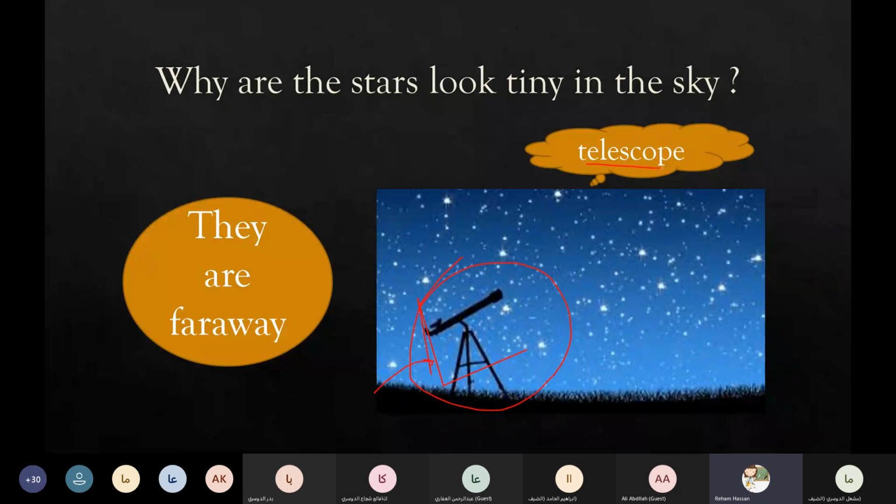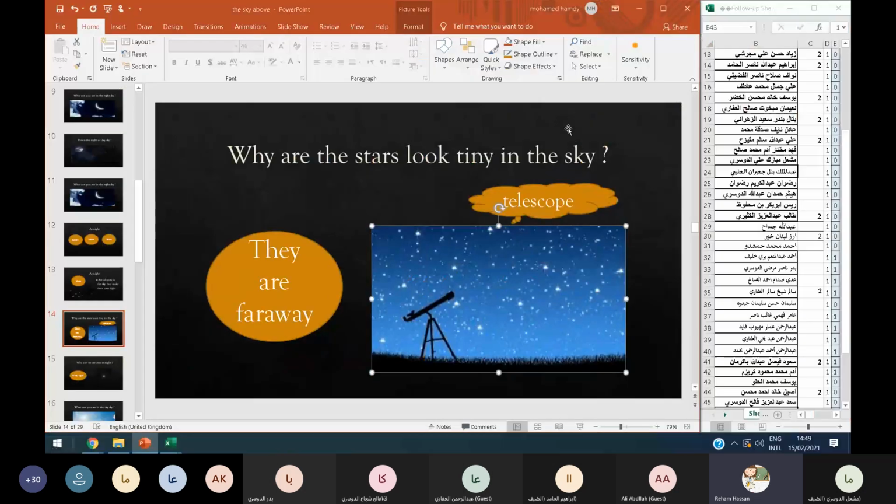So you must have what? Telescope. Repeat after me: telescope. Telescope. So the scientists have many telescopes so they can observe the stars. Yusuf, if you want to observe the stars, you must use the telescope. Amazing, Yusuf. Excellent, honey. You must use the telescope.